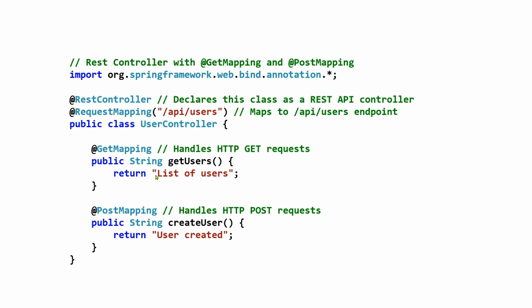@RestController is a combination of @Controller and @ResponseBody. It makes it easier to create RESTful APIs. So for that, we are using @RestController. After that, @RequestMapping. This is used to create endpoints for your APIs which are common to your controller. Like this, this is for the UserController.